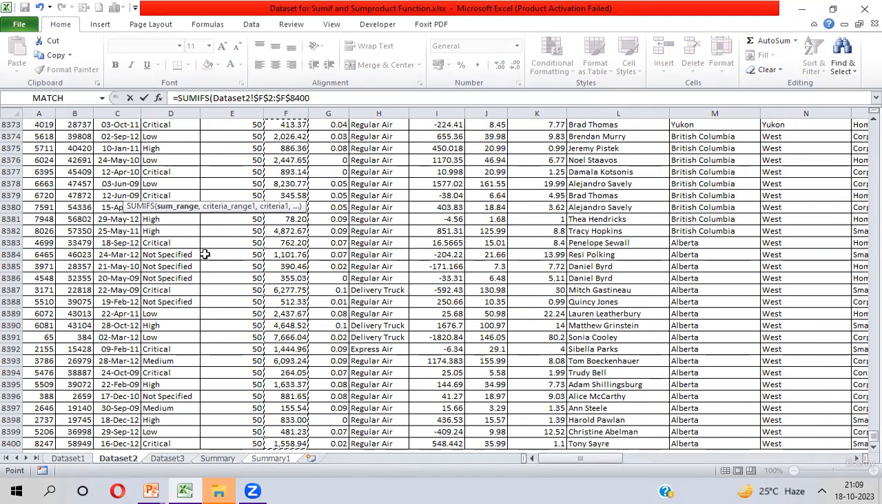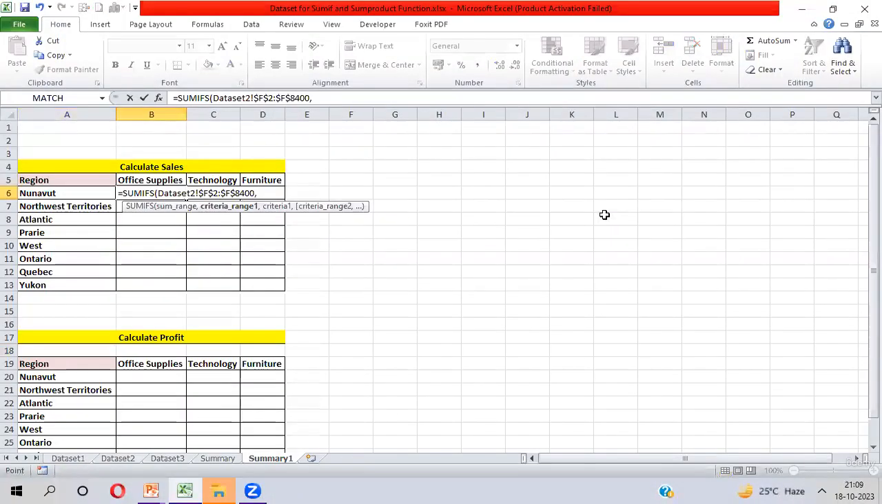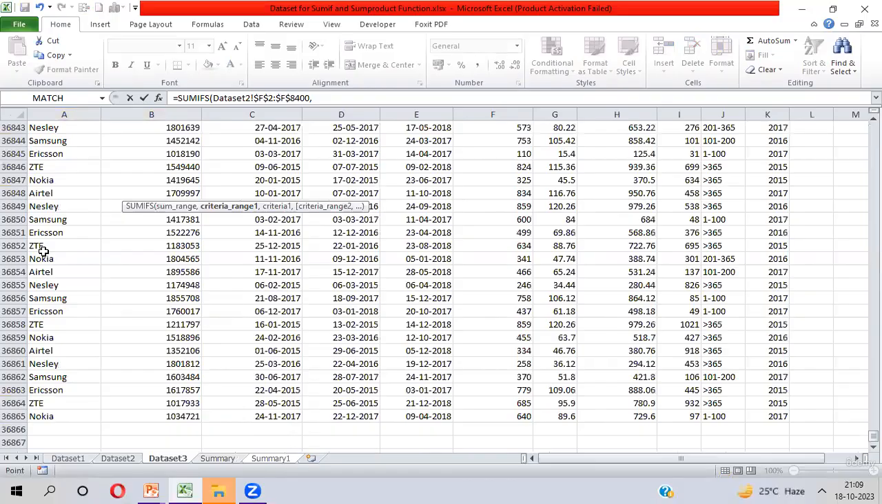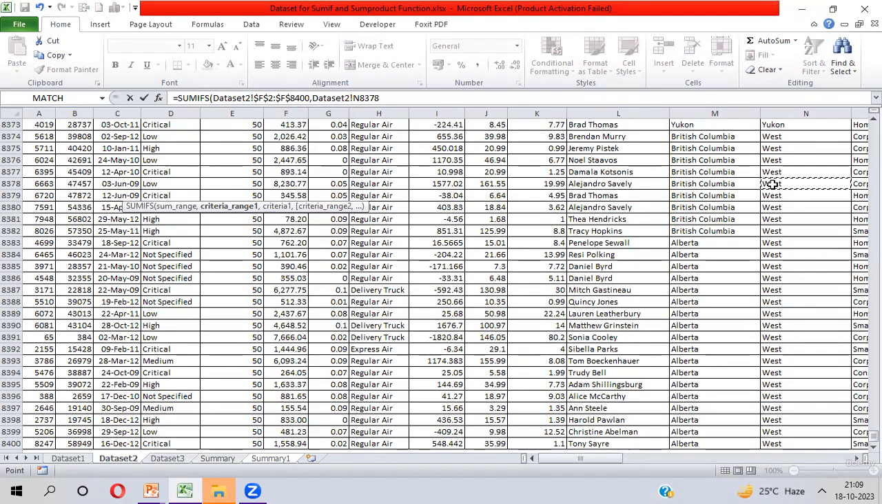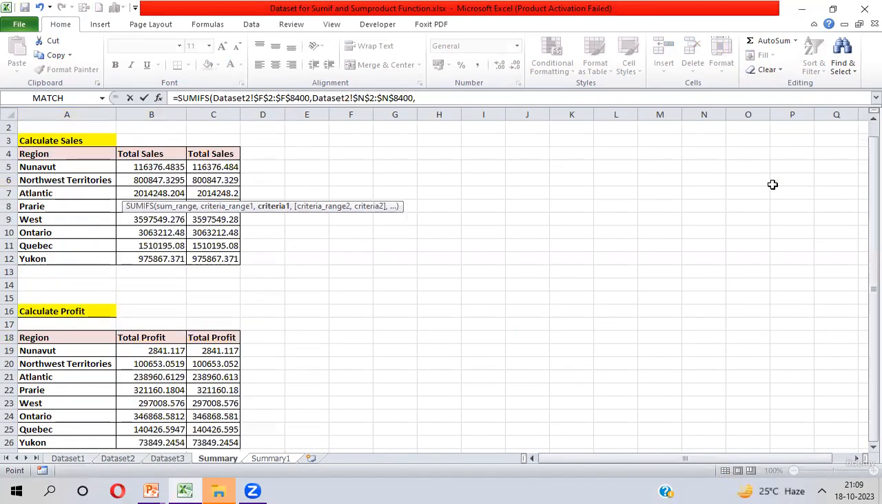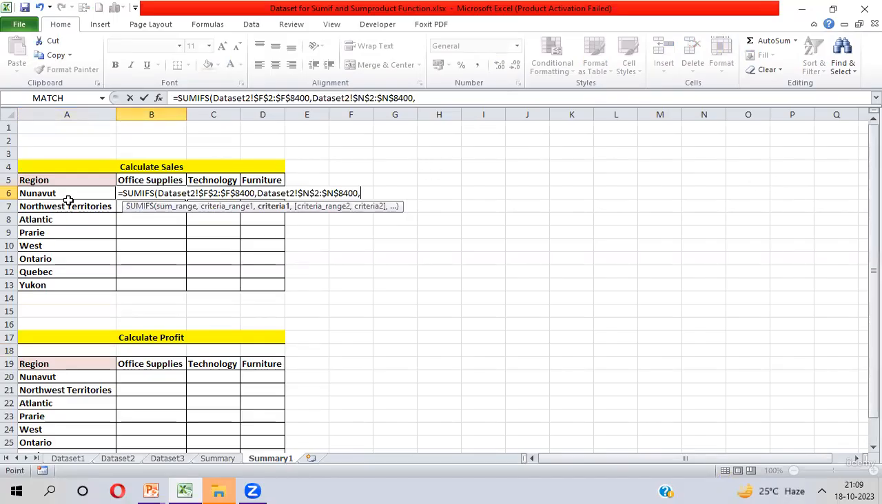Freeze it, comma. The second parameter is criteria range 1. So what is your first condition? You can take the first condition as region. So you have to go there and take the complete range of the region column. This is the region column. Freeze it, comma. Then you have to take the condition as region. If I'm taking region as the first criteria range, then the criteria should be region,